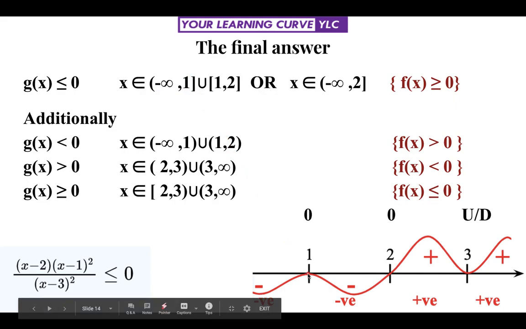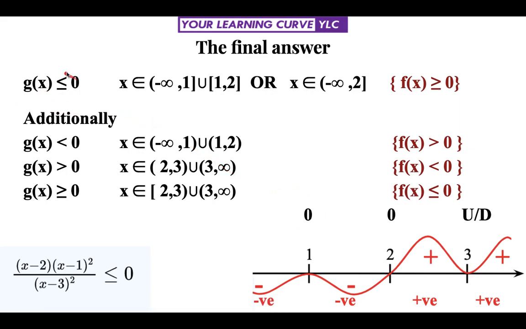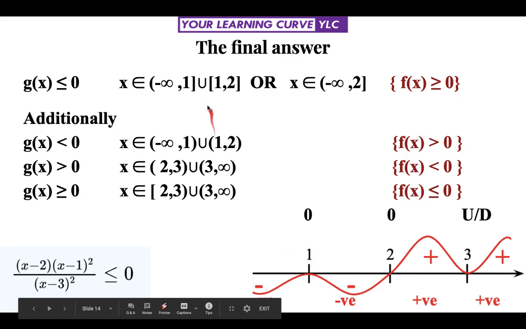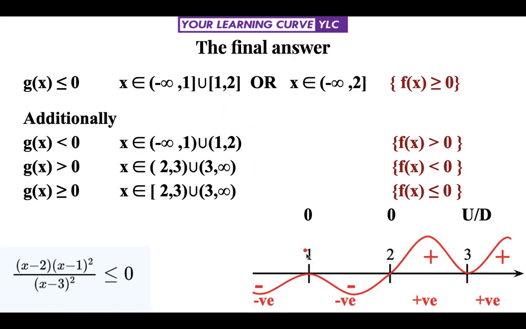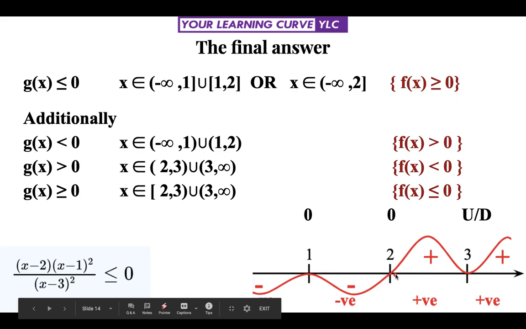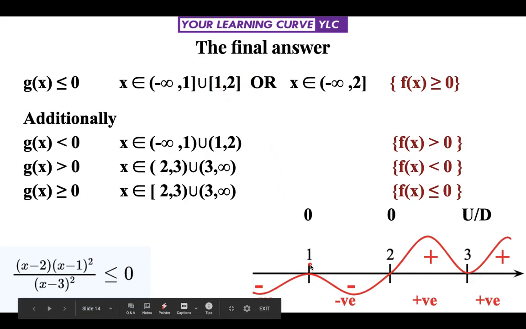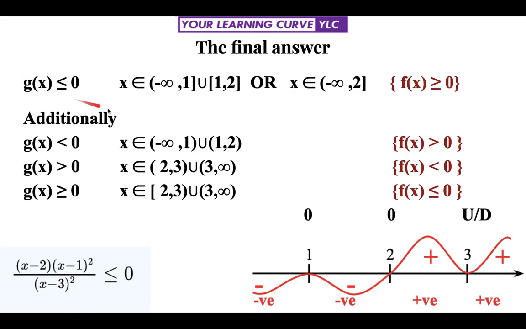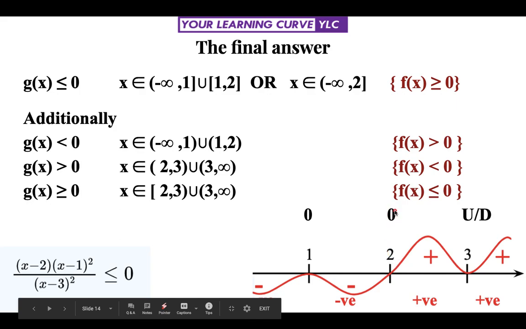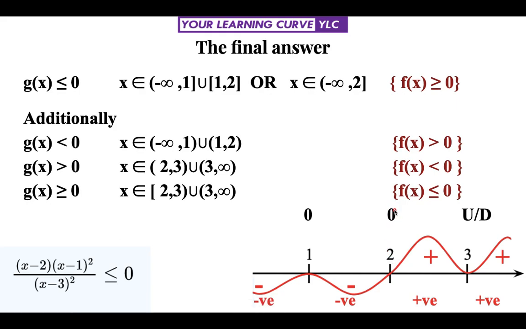This 1, since the value of the function at 1 is 0 and we need g(x) less than or equal to 0, because of the equality we have to take all those values also where the function is 0. So for 1 the function is becoming 0, so we will have to include 1. Now let's move on to the second interval, 1 to 2. Here also we will put a closed bracket over 1, because 1 is to be included, it is giving the value of the function as 0, which is acceptable for this inequality. 2 also is giving the value of the function as 0, so it will be included in our answer.